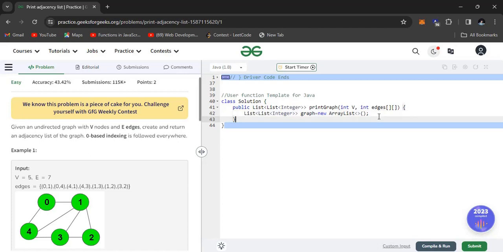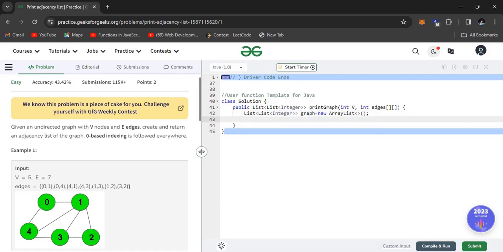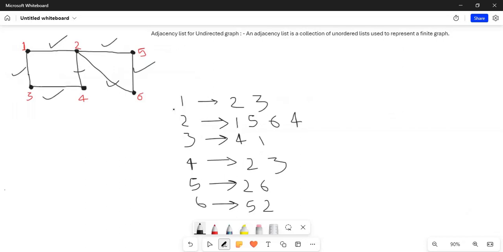Then what will be next? If you do not initialize, then for every node there will be a null pointer. So we have to initialize a total of V new ArrayLists, so that we can add an element.